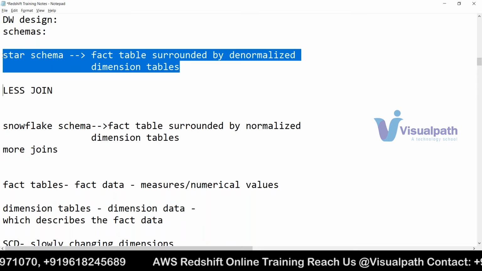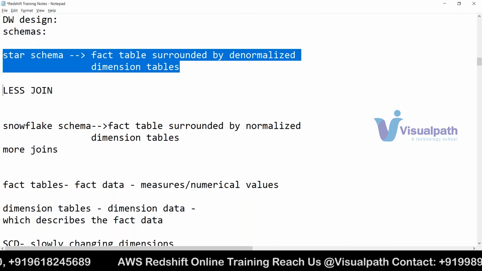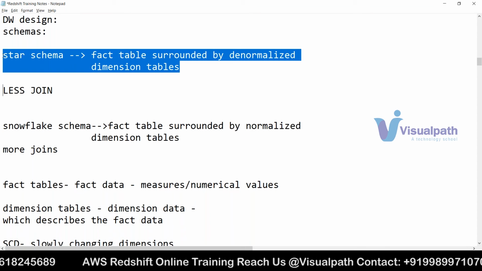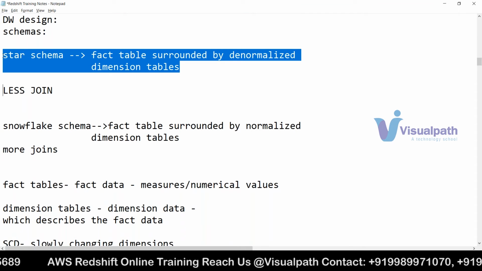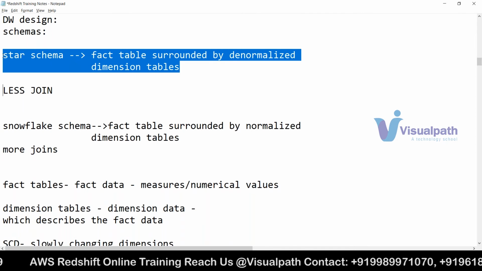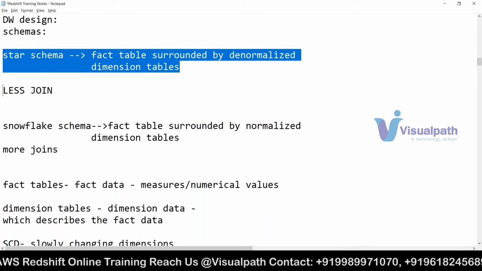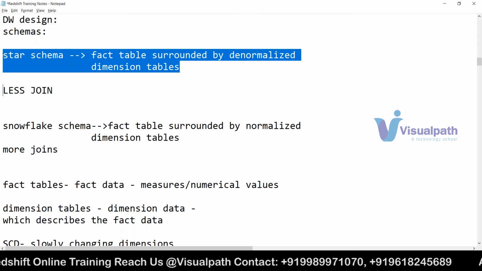Because in star schema, all the data is present in a single dimension table. So we basically end up having some redundancy. Especially if your customer base is large, then you will have more redundancy. So definitely redundancy of data is there in the star schema. Even to avoid that redundancy, people divide them into smaller tables.